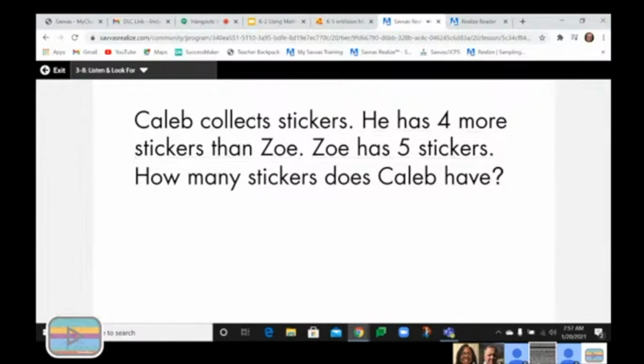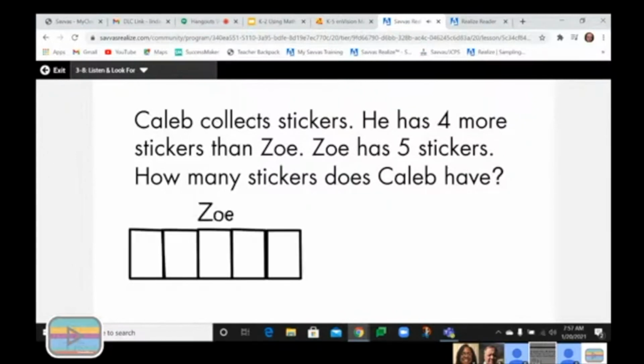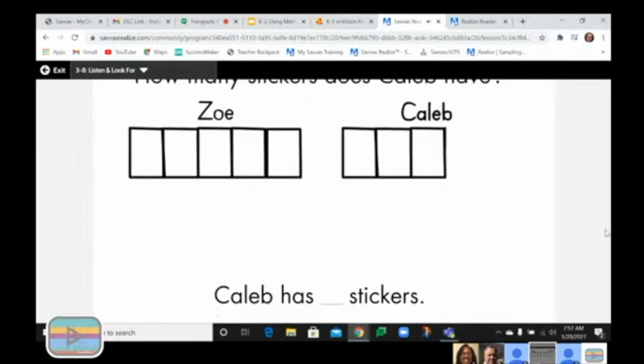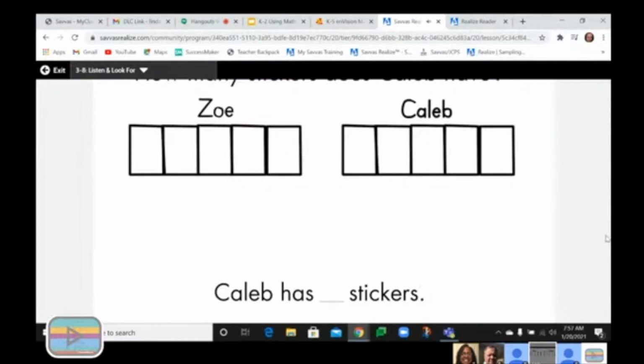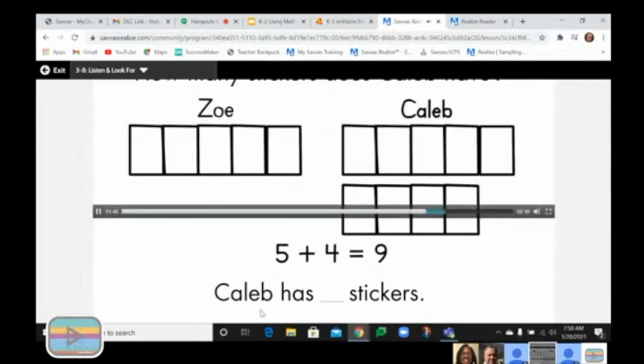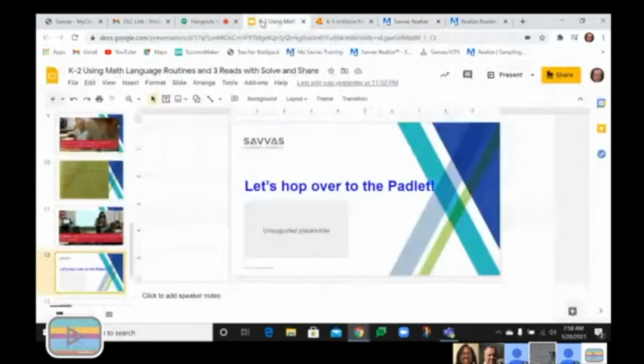Listen and look for other students who use addition to solve. They may start with a drawing to show Zoe's 5 stickers. To show how many stickers Caleb has, they draw a second group of 5 to match the 5 stickers Zoe has. Then they draw the 4 more stickers that Caleb has. Finally, they write an addition equation to match the drawing for Caleb. Caleb has 9 stickers. Okay, so you see there, you have different examples of what kind of work to look for, okay? Now, I'm going to hop back here